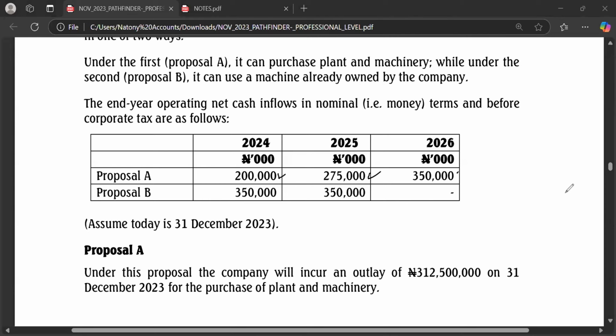275 and 350. So these cash flows are not even. But if you look at proposal B, you see that the cash flows here are even: 350 and 350. Okay, so let's continue. So for proposal A,